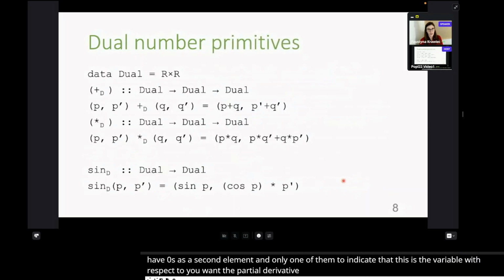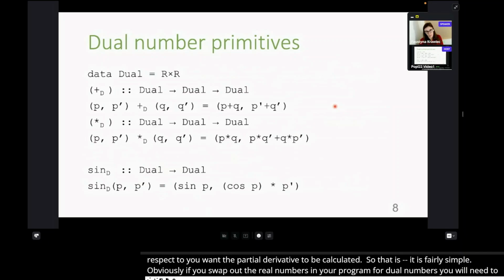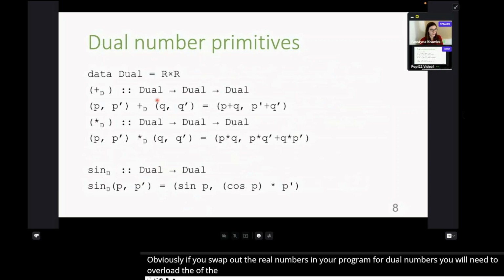So that's so far super simple. And obviously, if you swap out all the real numbers in your program for dual numbers, you will also need to overload all the implementations of the real number primitives. So for instance, for addition, well, the first element of the resulting dual number of the dual number equivalent of addition will be normal addition as promised, nothing changes.